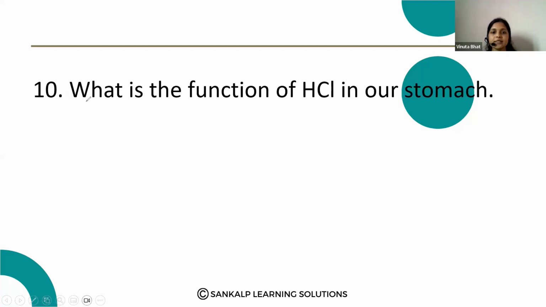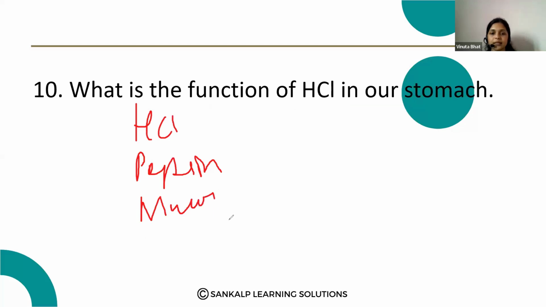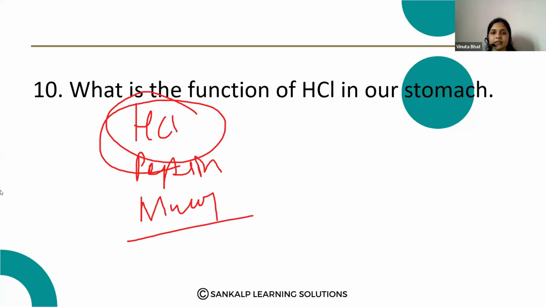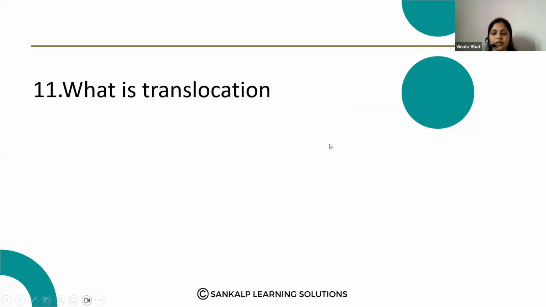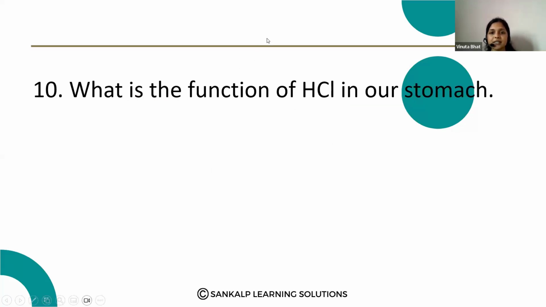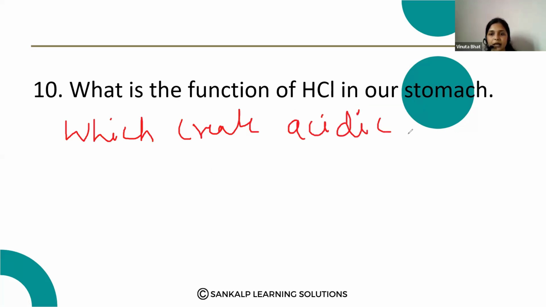Next question. What is the function of HCl in our stomach? You know that from the gastric glands, HCl, then pepsin, then mucus is released in the stomach. And here they ask, what is the function of the HCl? This HCl creates the acidic medium